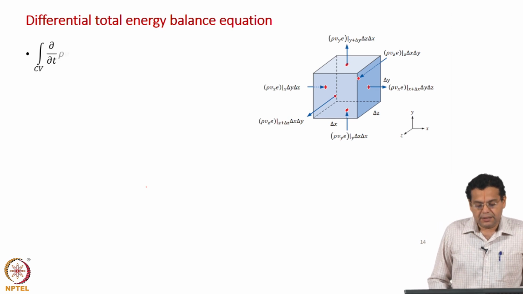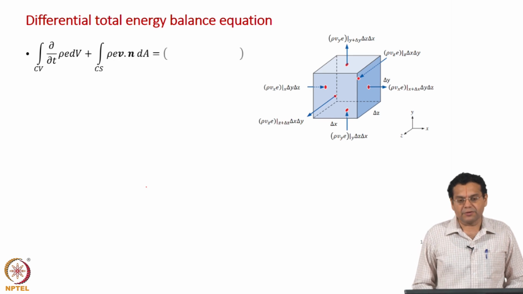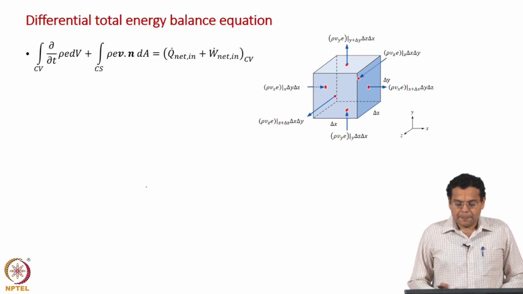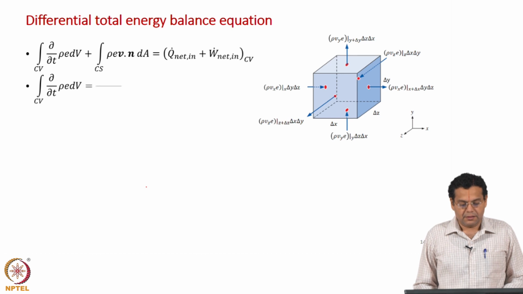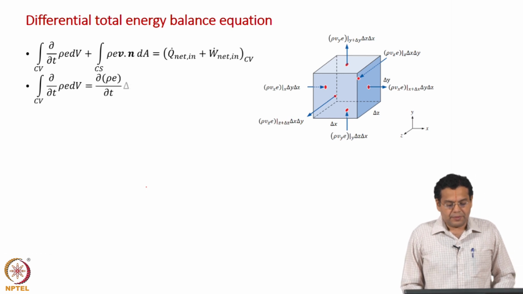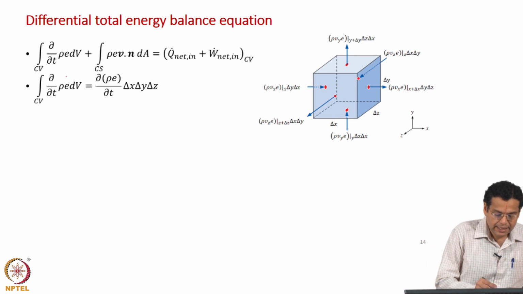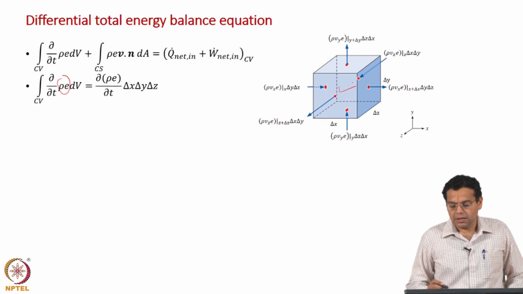That is the integral energy balance equation which we have seen in the previous slide, written for a fixed control volume. Now, let us take term by term and apply for this small control volume. Let us take the transient term. As we have done earlier, we will take an average value of rho and E within this small control volume.